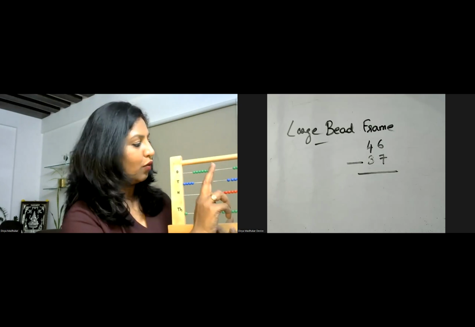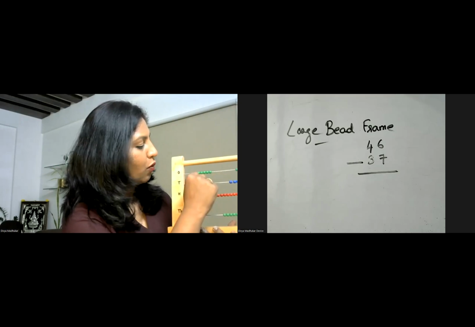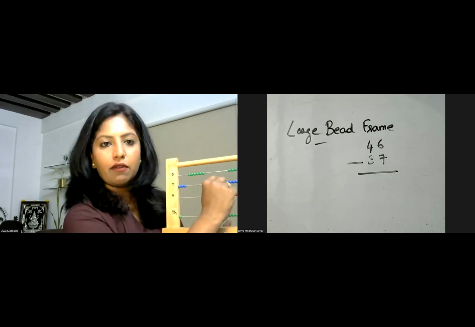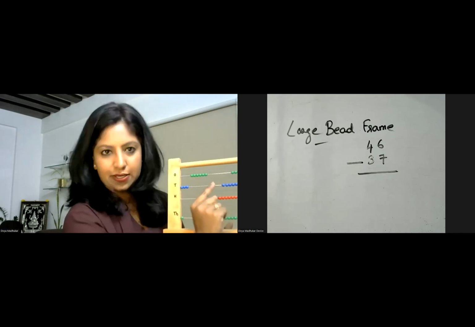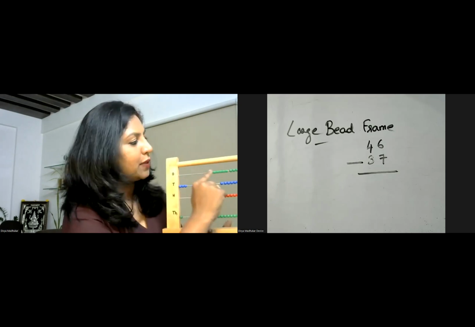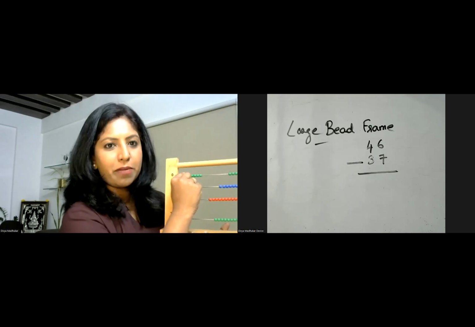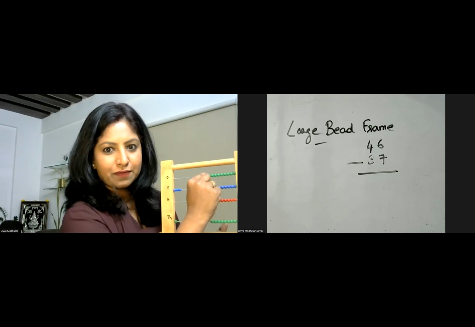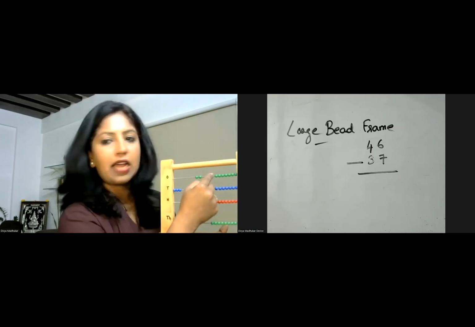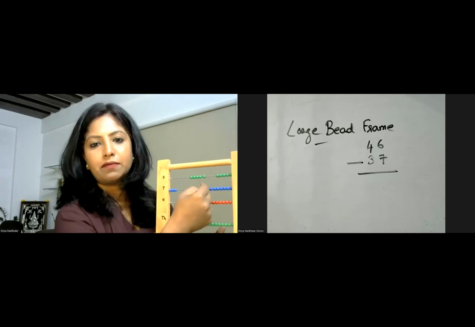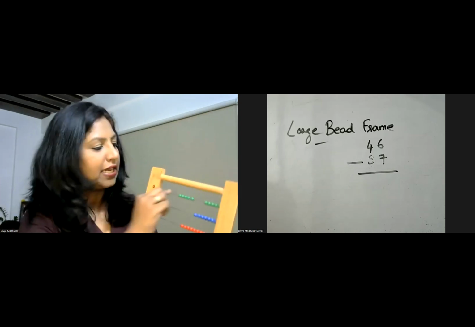You can't take away. So what you do over here is, you need to move back this and you need to take back one of this. So this will go back. If you're borrowing, this will go back. So already 6 was there because this was the 6, right? So this 6 also you will push it back. Okay. Then your 7, 8, 9, 10, 11. That becomes your answer. 6 minus 7. 16 minus 7.